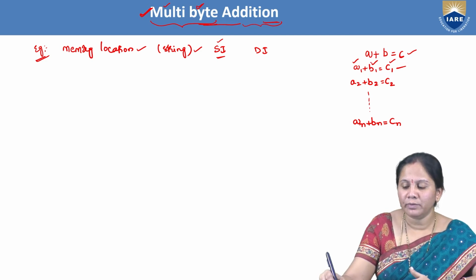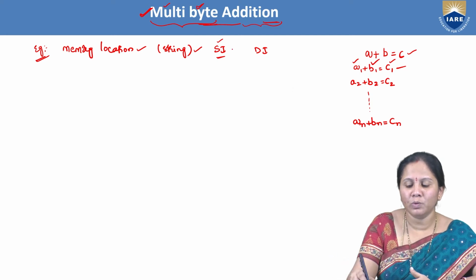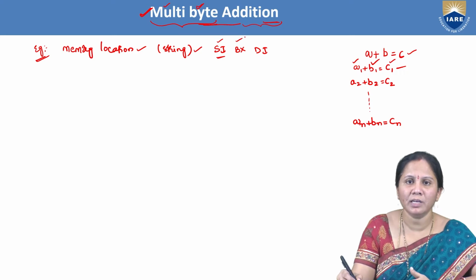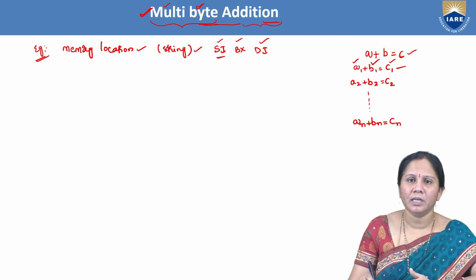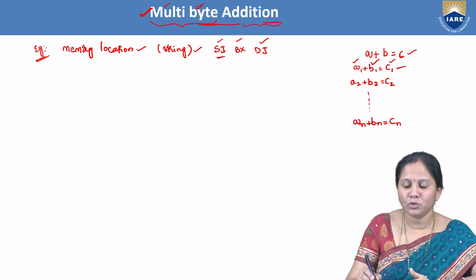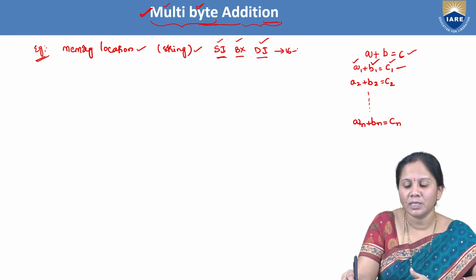To give the set of B inputs, you have to use one more register which is suitable for string operations. So we are using the BX register here. Using the SI and BX registers, initialize them with a value pointing to a memory location. After performing the addition operation, the result will be stored in the destination index register. SI, BX and DI are all 16-bit registers.